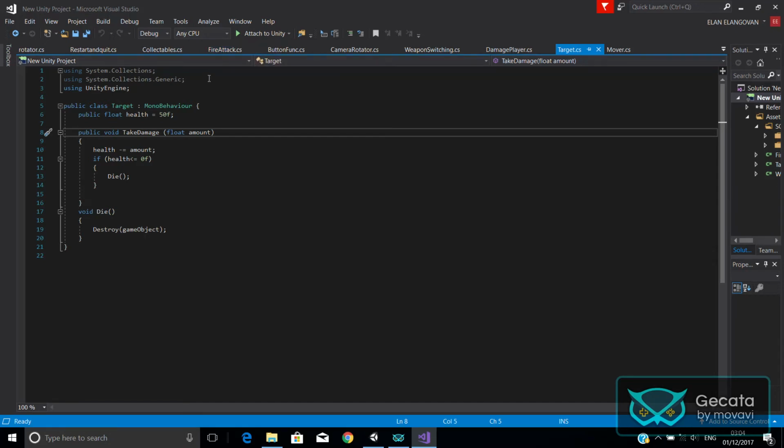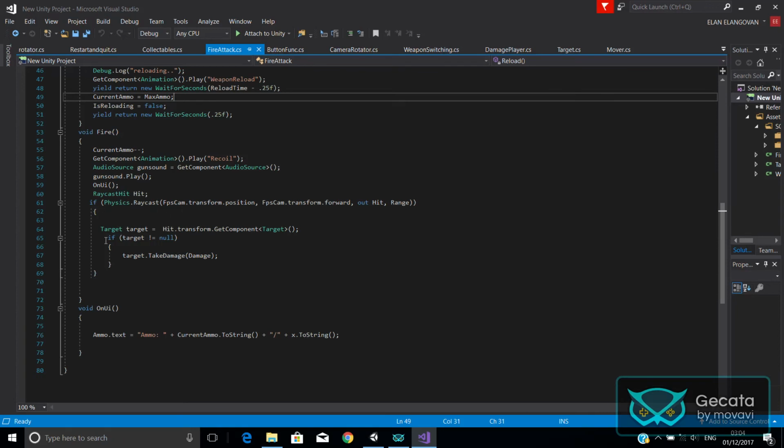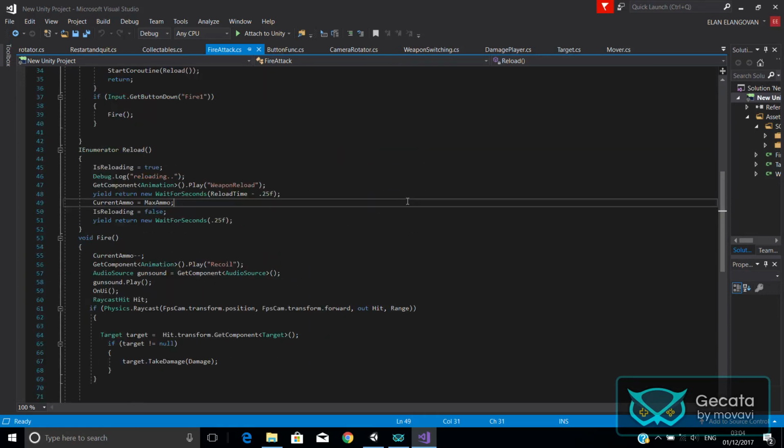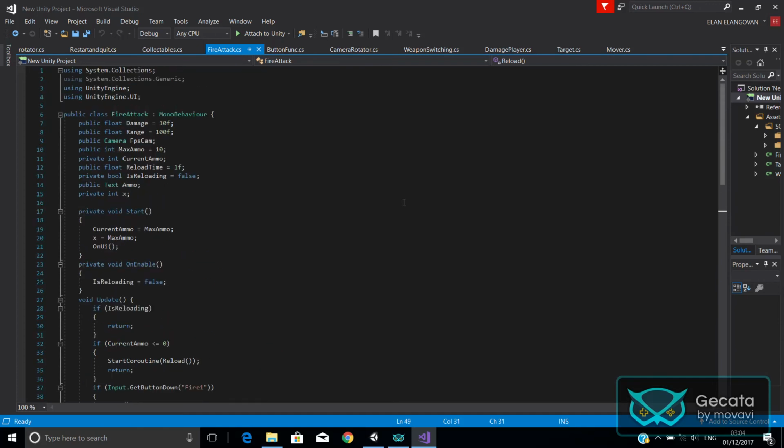So since this is public, I could access it from the script just by calling the class target. Just by referencing the class target, I could call that function, and when the ray hits the enemy, it destroys the enemy. And I also added a UI code so that you can see how much ammo you have and whether it is reloading or not, and you can also see the player health and the enemy player health